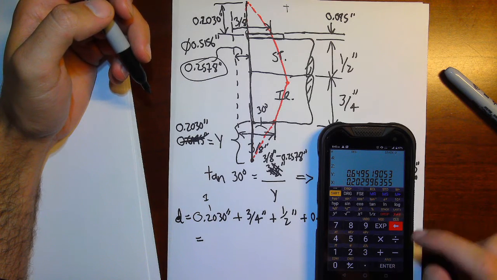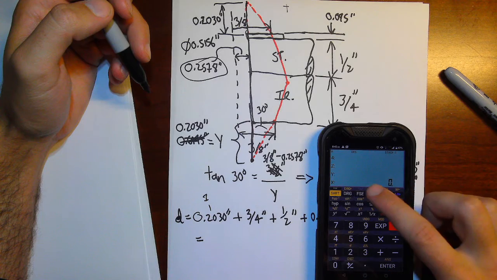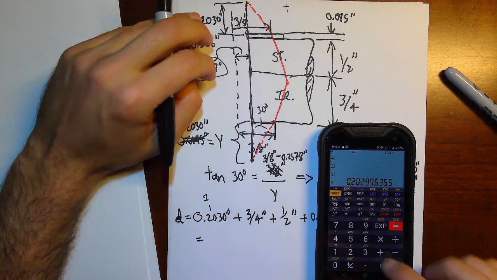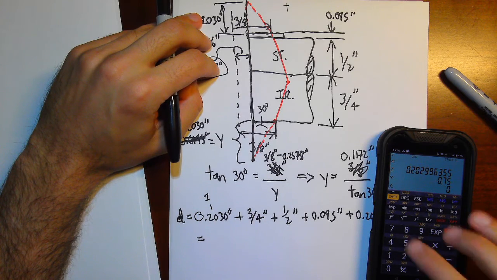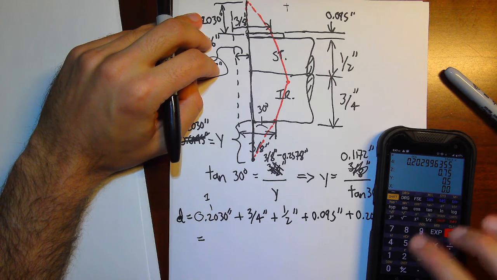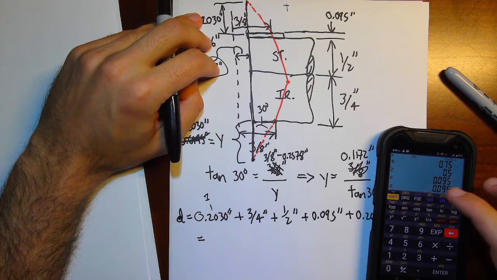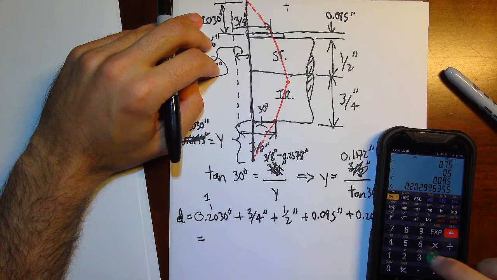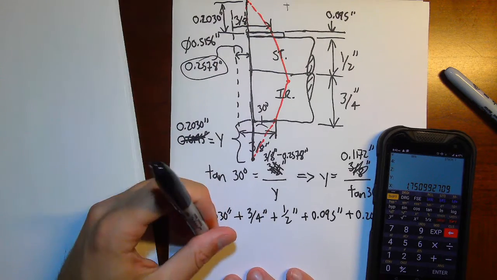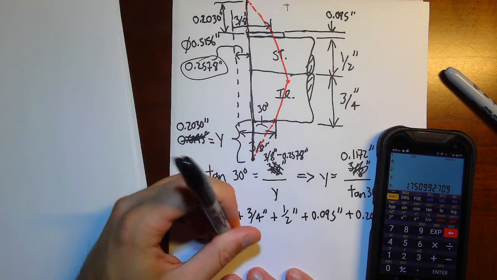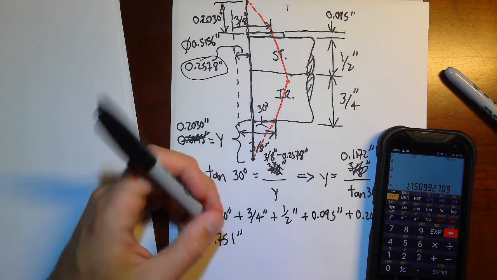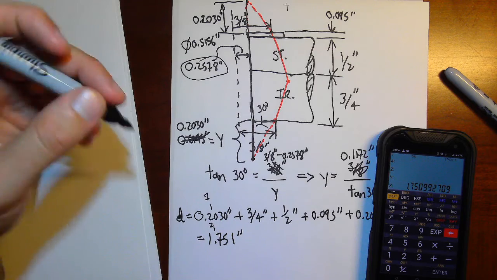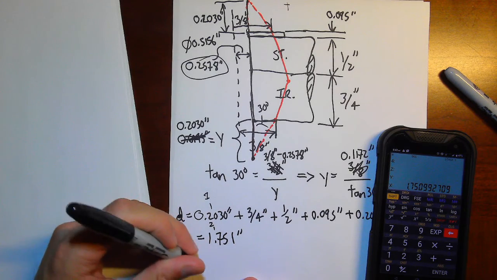Okay, so I have 202 plus 3/4 plus 1/2 inch plus 0.095 plus another 0.2030. Add all those up, I get 1.751 inches. Store that in my calculator memory. Great. And then D over 2